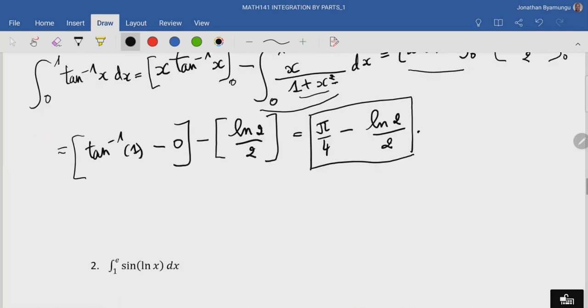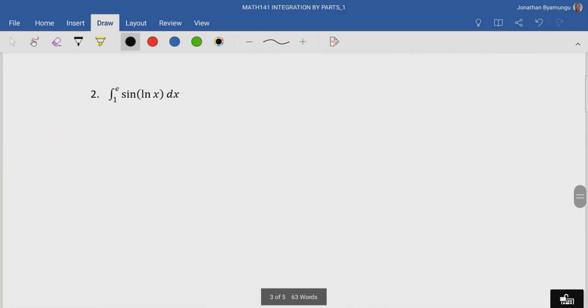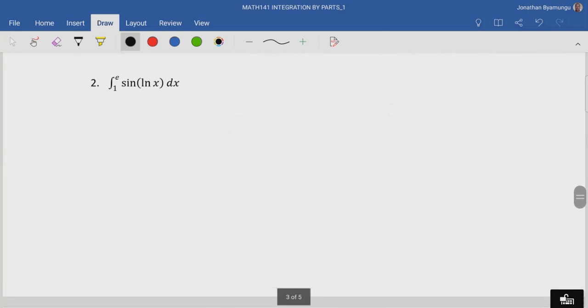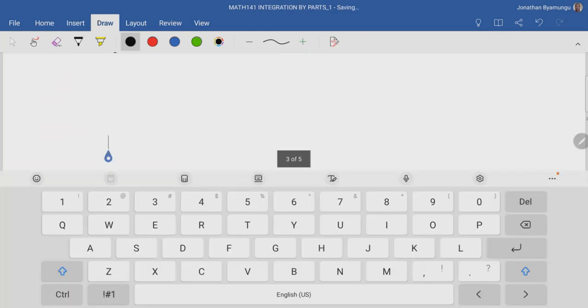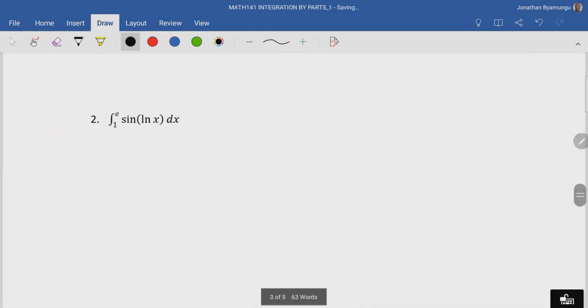Now, looking at the second example, we have to find the integral from 1 to e of sine of ln of x. And we'll first start by letting this original integral be, let's call that I1. And let's use the